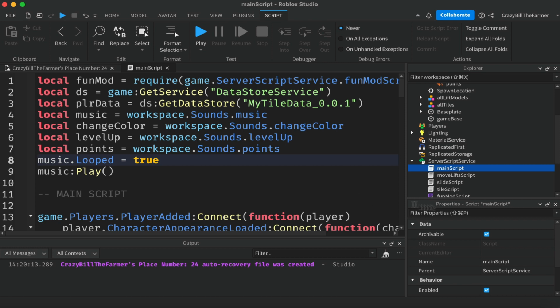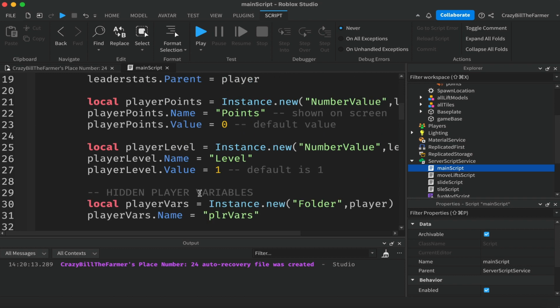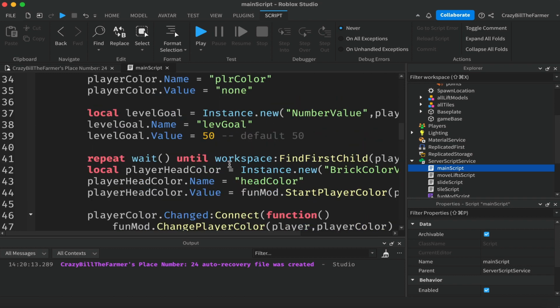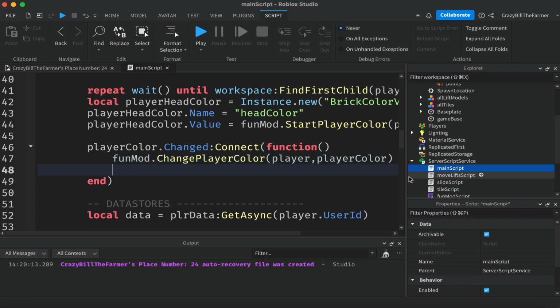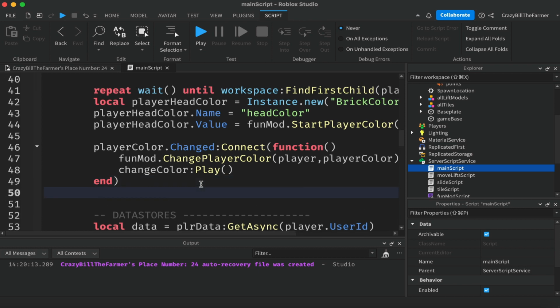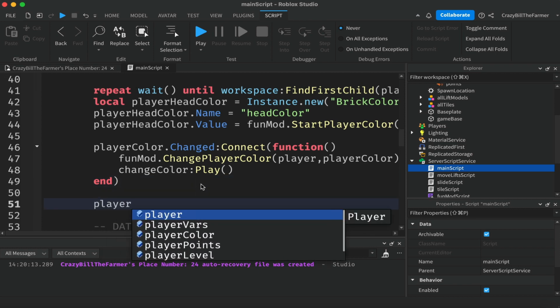Now for the other sound effects that we have here, we're going to move down towards the end of our script, just above where we do the head color, or actually we can do it down below, that's fine. So where we've got the player color changed, one thing we can do is in that same function add in our change color colon play, and that will play the sound effect whenever we change color. And below this we'll add a player level